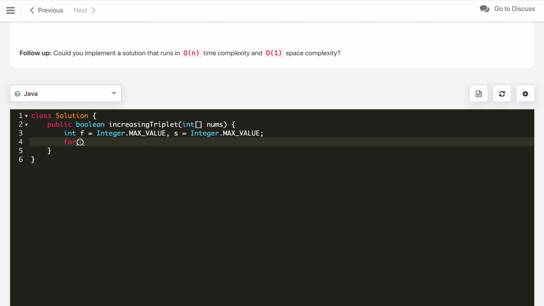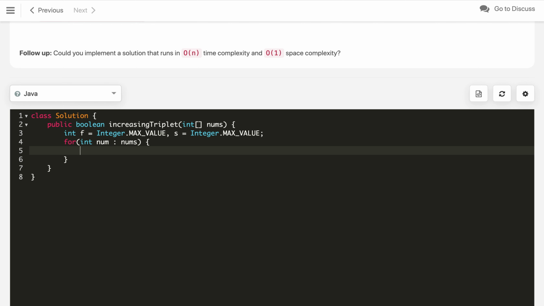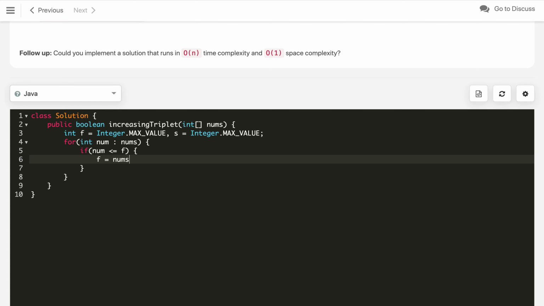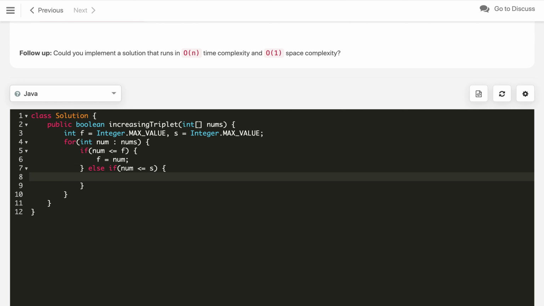Now we iterate over all the numbers num in nums and check: if our current number is less than or equal to our first, then we update our first by num. Else, if the current number we are processing is less than second, we update our second by num.